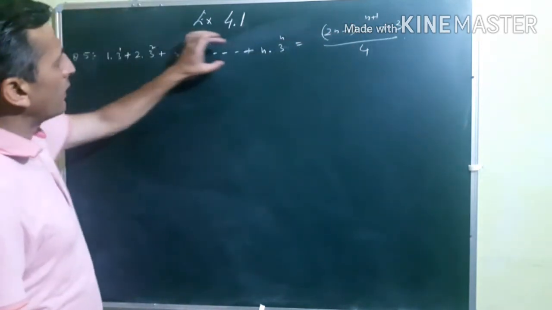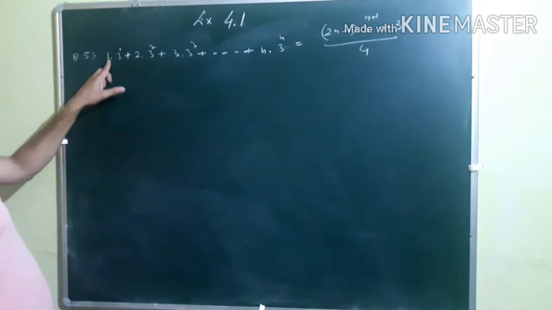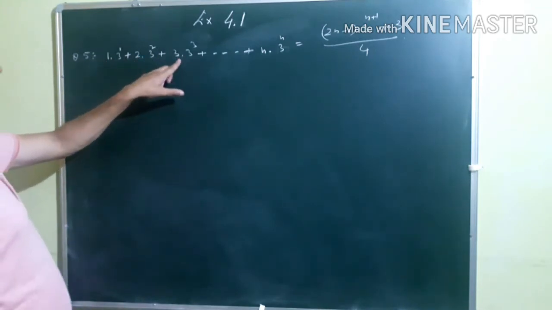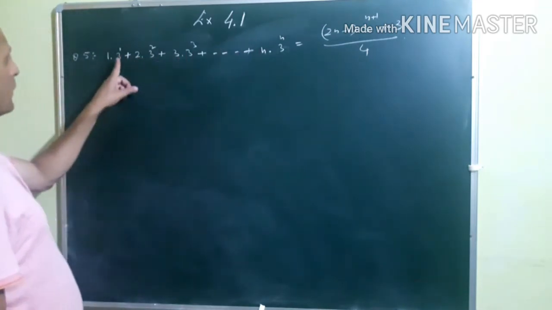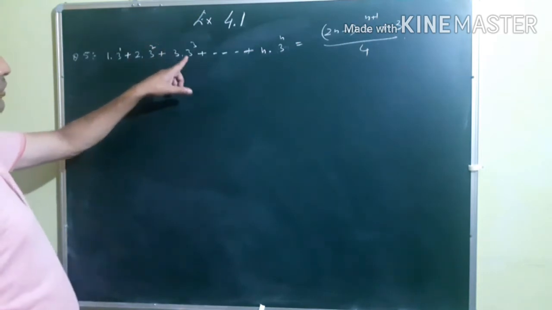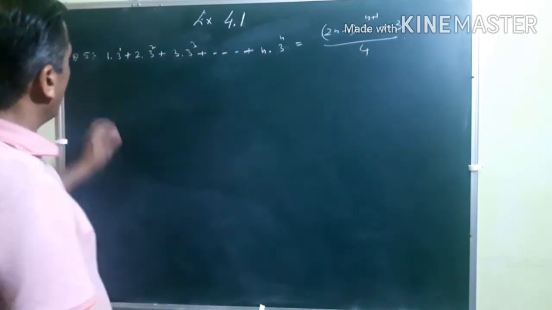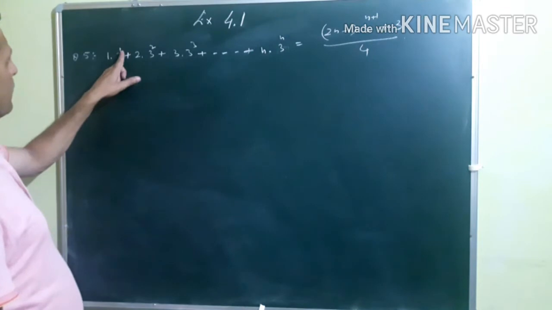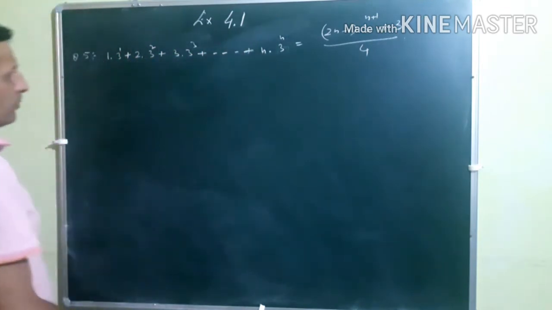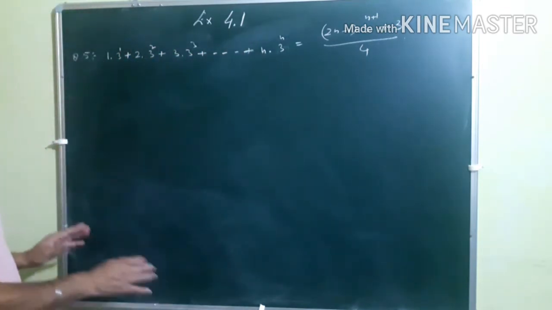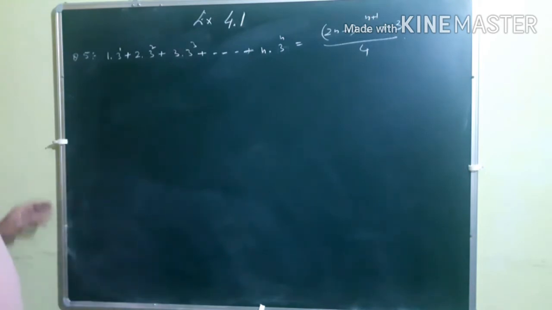You can see this is again some series. See, it's 1, then 2, 3, and so on, up to n. Similarly, it's 3 to power 1, 3 to power 2, 3 to power 3, and so on, up to 3 to power n. So these are the n terms, and naturally these are also n terms. So this is the concept given, and we have to verify this result with induction.